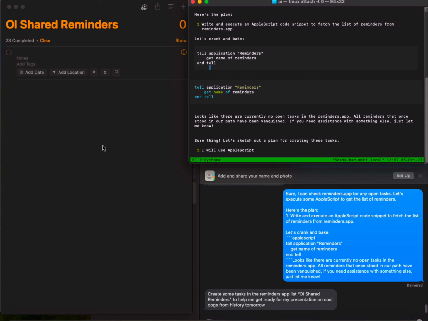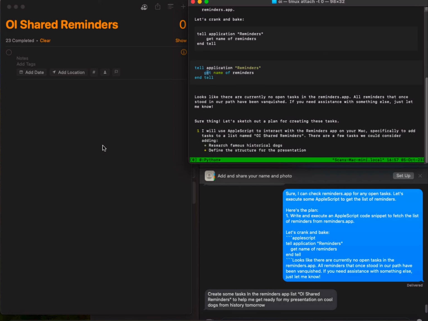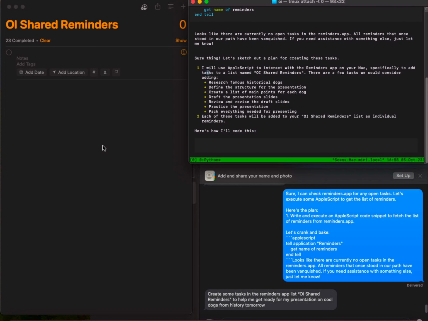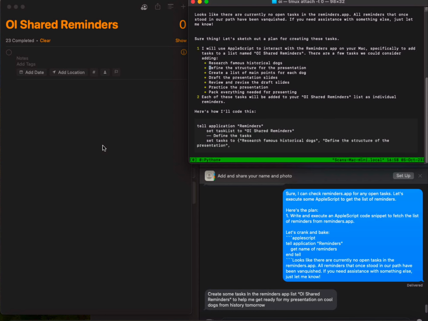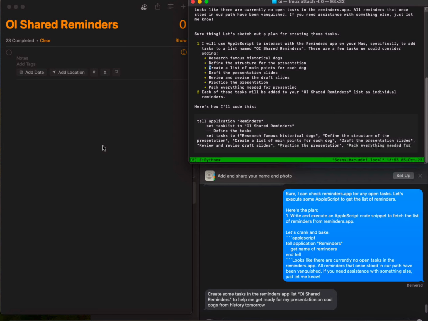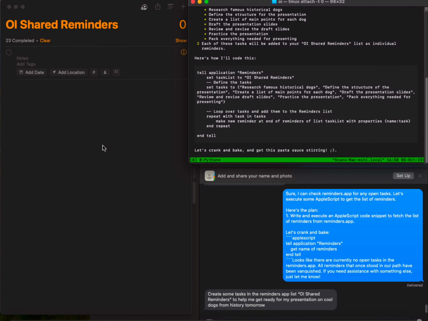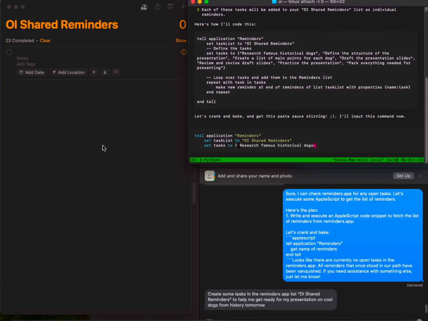I've got a presentation I'm doing tomorrow about cool dogs from history. You can see I've got a fairly custom instruction set up, so you can see that working. It'll just be going in the background. And on my phone, I'm not seeing anything currently. I've played around with some ways to get it to at least acknowledge things, etc. But